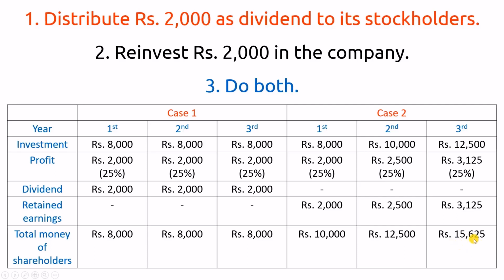So here in this case you can see that the total money of the shareholders has increased a lot when compared with this. Here the share price would have tripled, or it may have been 4 or 5 times. Here it may have increased by a small amount, or it may be the same, or it may even have decreased in value. So you can see that by paying dividend, the company is not earning much.